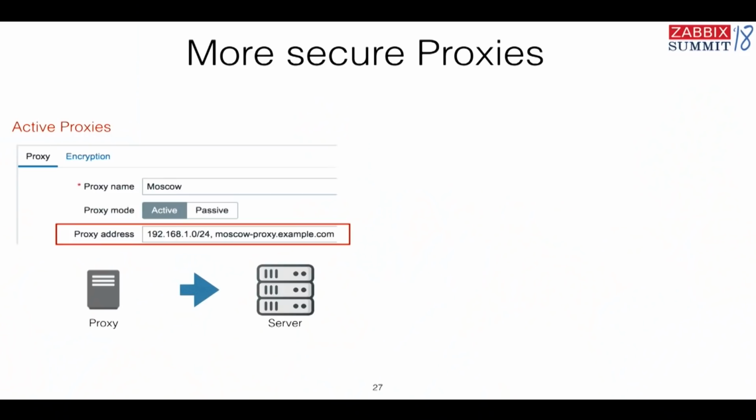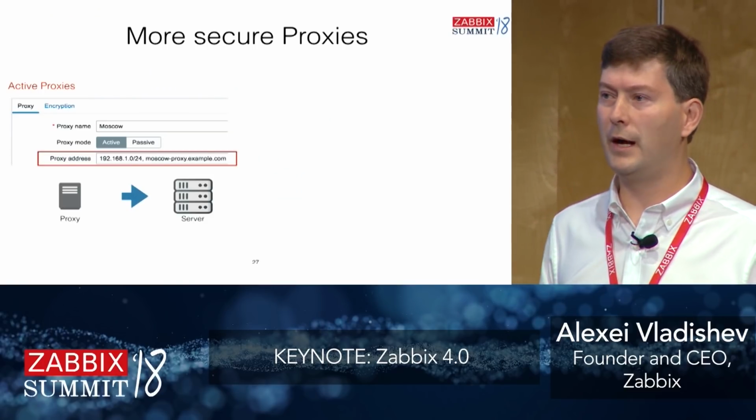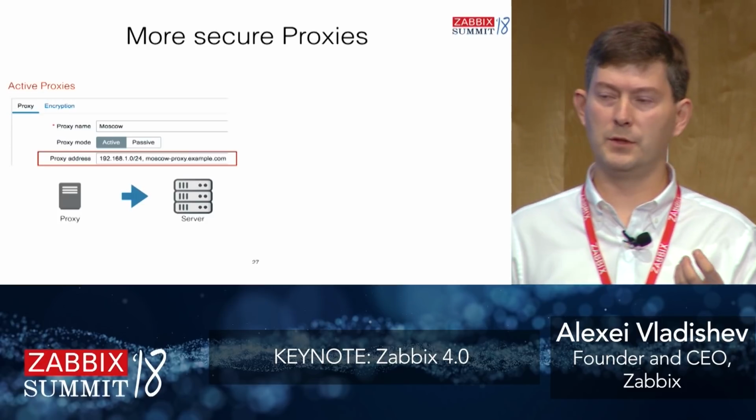So what else? More secure proxies. For proxy communication, we may also validate incoming IP addresses. For example, for active proxies, it's configured on the Zabbix server side. We just configure the proxy address. It could be a network mask or a list of IP addresses or a DNS name. And then Zabbix would verify that this connection comes from this certain proxy. Yeah, so